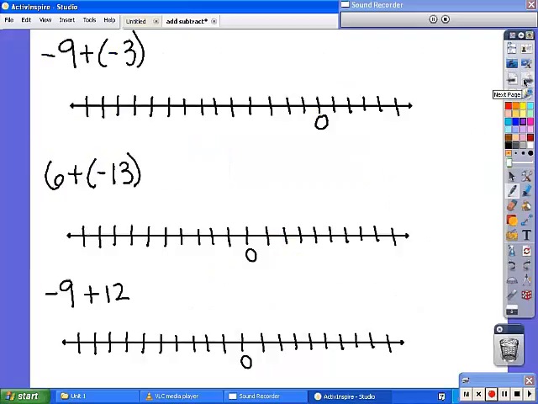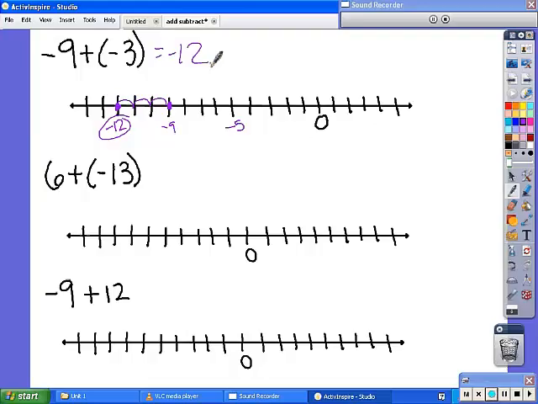Okay, -9 plus -3. So we're going to go down to where -9 is. 1, 2. All right, so we're starting here. We're adding a -3. So again, if you like the football example, think about it. First down, you got tackled for a 9-yard loss, and then you had another 3-yard loss. So 1, 2, 3, and we are now at